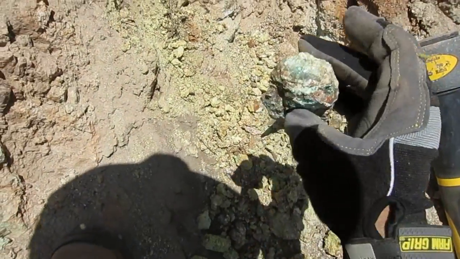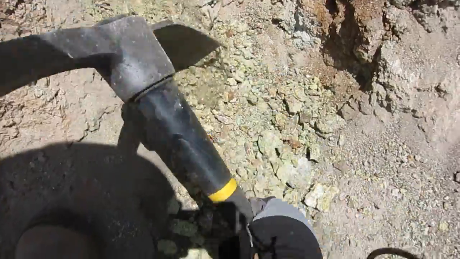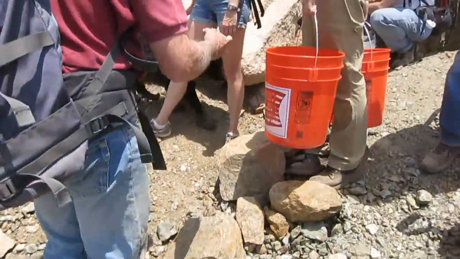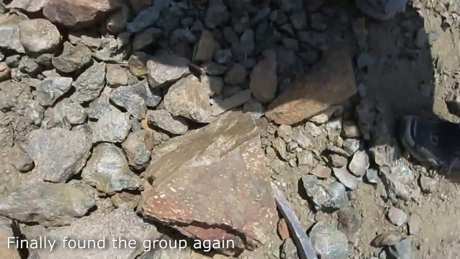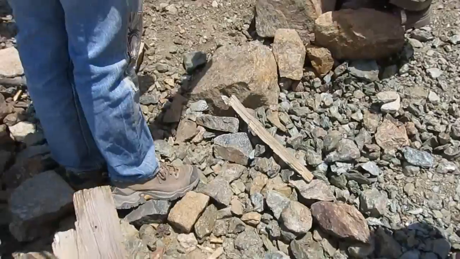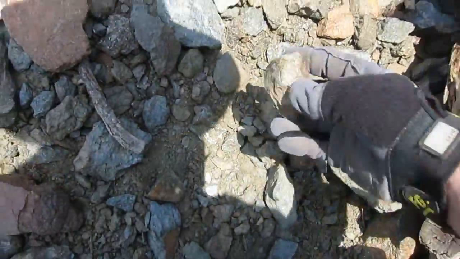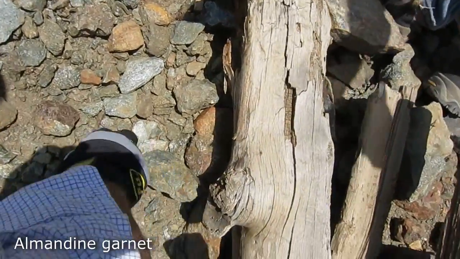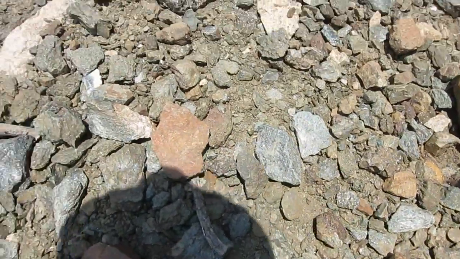Let's see this piece. Yeah, you can see that just about everything up here has got garnets in it. And then this one's got garnets. So that's a garnet right there. So is this the wall? Well, these are here, and right there are the ones where you dig them out of the wall. And then the vein is right over there. This one, so this will give you